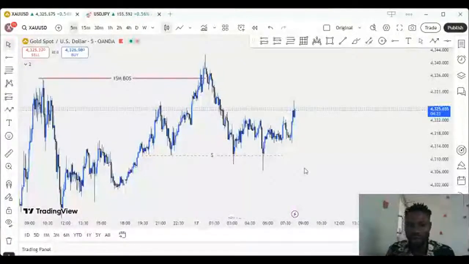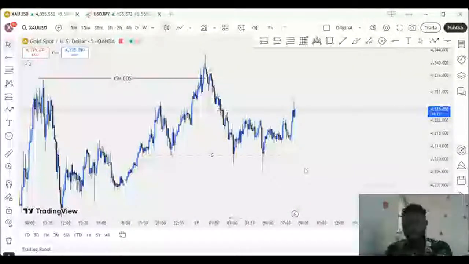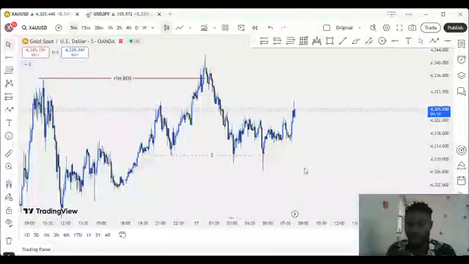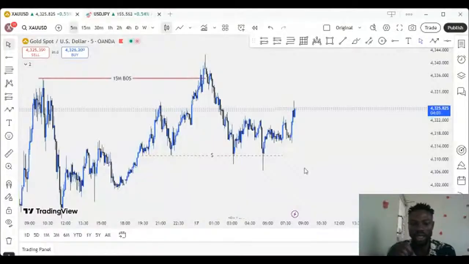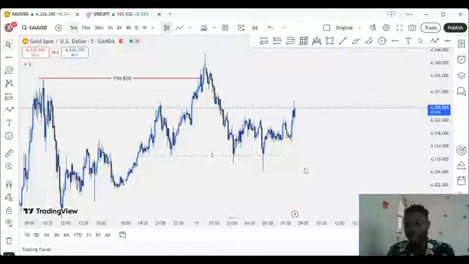So that's why, whenever I send a signal or I ask you to buy or sell, always make sure that you apply a very good, proper risk management. Because what can make you money in the long run in this market is risk management, not strategy. There's no strategy that will not have its own losing day. Are you getting my point?